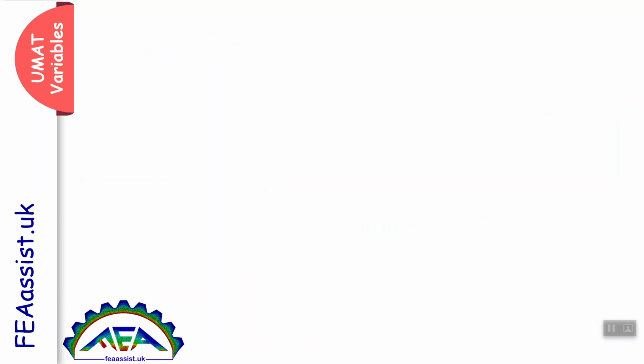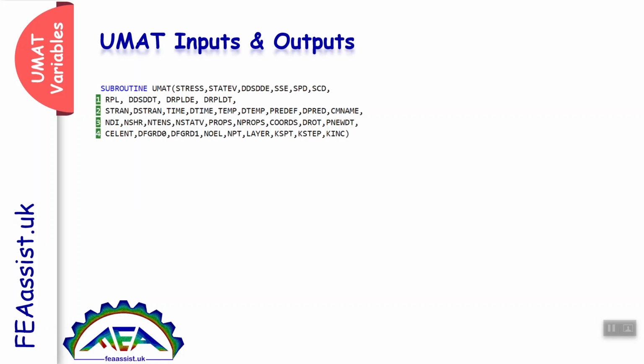The next important thing about any subroutine, especially UMAT, is UMAT inputs and outputs. UMAT is a machine: it accepts some inputs, processes them, and exports them as outputs. UMAT has some variables: stress, strain, DDSDDE, and some of the variables you can see here. Actually, all these variables are being computed in Abaqus,